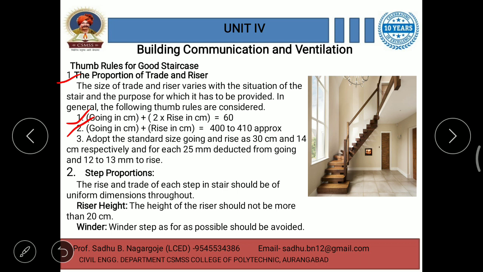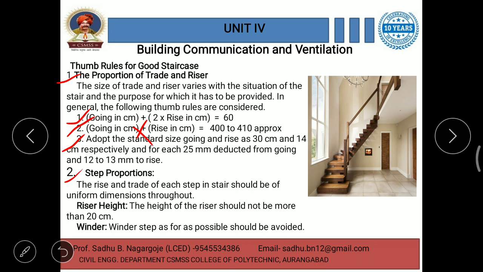Here, instead of plus there should be a multiplication sign. Adopt the standard size of going and rise as 30 centimeter and 14 centimeter respectively; for each 25 mm deducted from going, add 12 to 13 mm to rise. Then step proportions: the rise and tread of each step in a stair should be of uniform dimensions